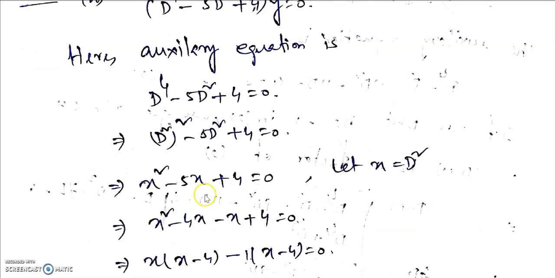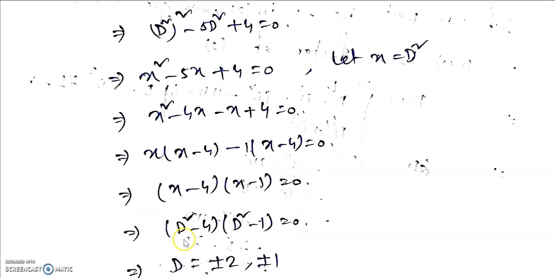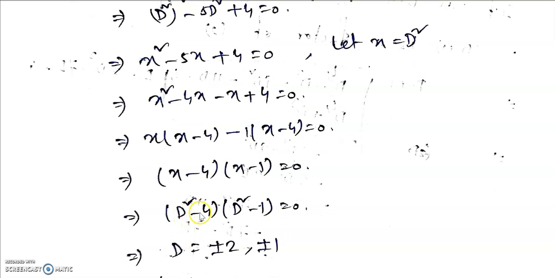Now you see that 4 plus 1 equal to 5. So x^2 - 4x - x + 4 = 0. If we take common x from these two terms, you get x(x - 4). If we take minus 1 common, then you get (x - 4) = 0. So ultimately we get (x - 4)(x - 1) = 0. Now if you again put x = D^2, you get (D^2 - 4)(D^2 + 1)